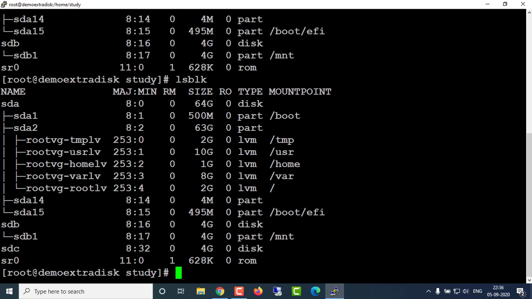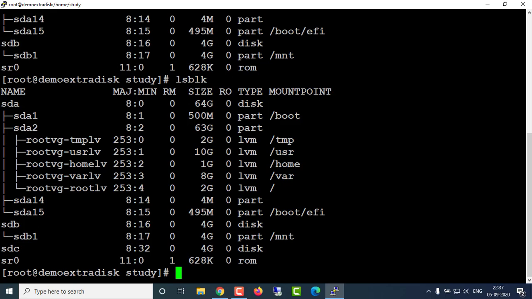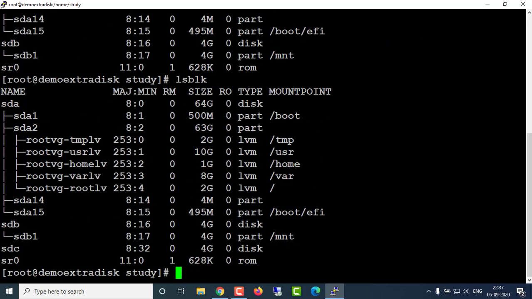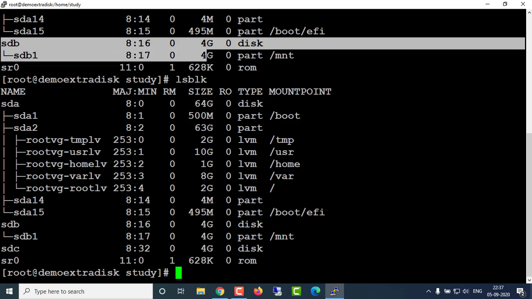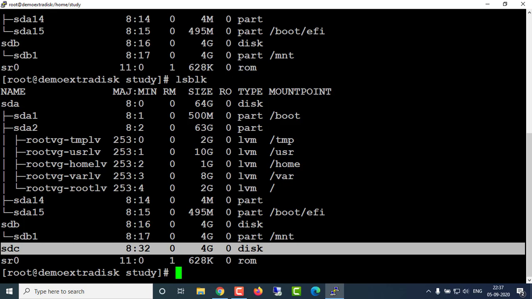Hit enter. You can see one more here, sdc, a 4 GB disk. If you go to your earlier tab, you can't see that sdc. But after we run the command lsblk, then we see that sdc 4 GB disk.